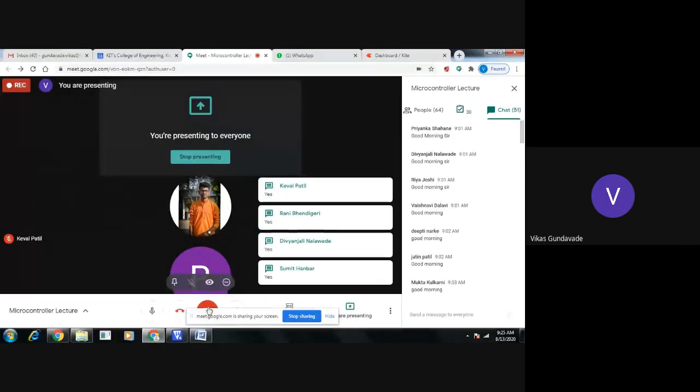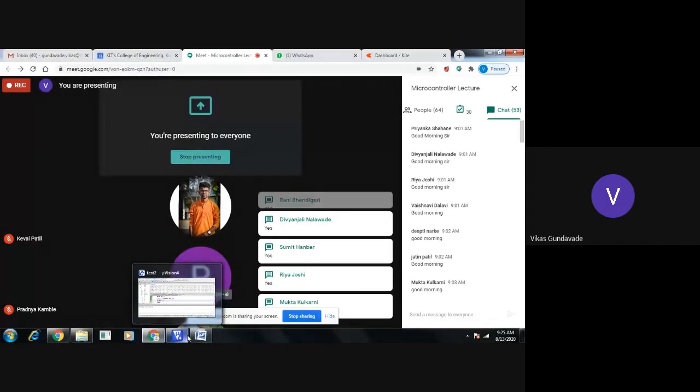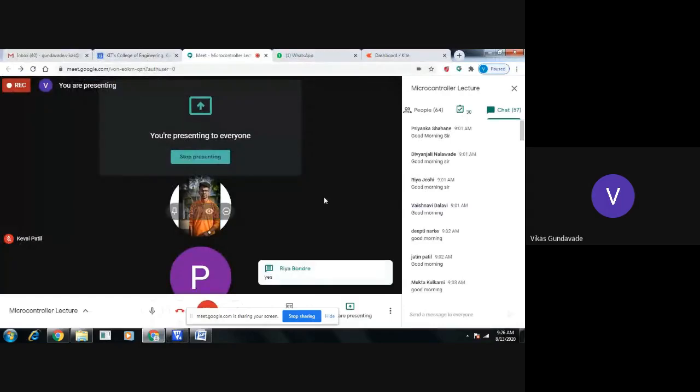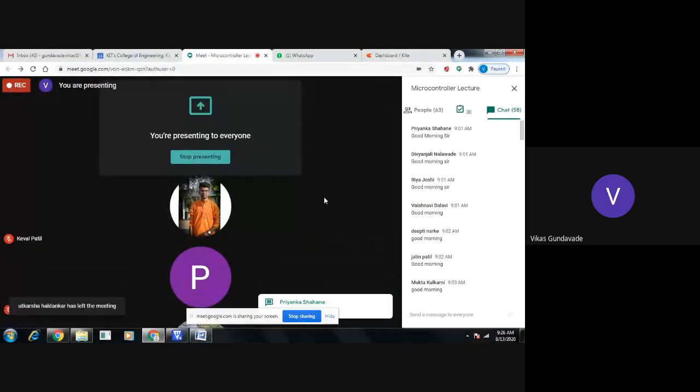Okay, now tell me, here we have taken the largest number into the accumulator. Similarly, if we want to take the smallest number into the accumulator, what changes do we need to make in this program? Have you got the query?